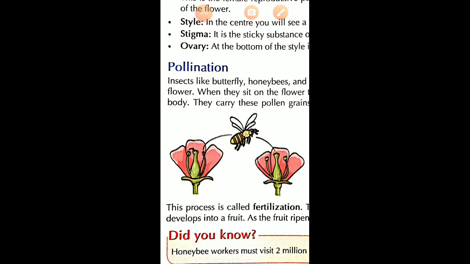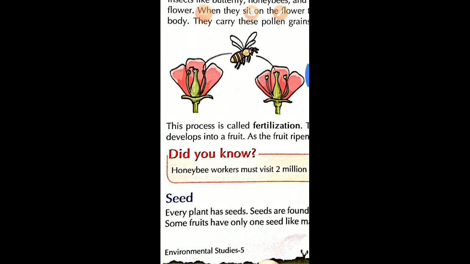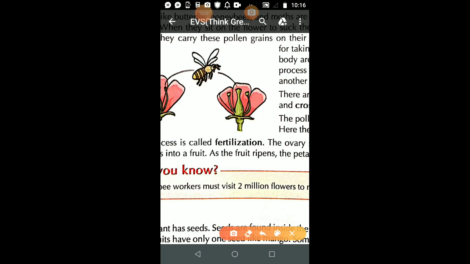Now student, the question arises, here is the word given, fertilization. Now student, let us discuss what is the result of pollination. It means male gametes and female gametes fuse with each other inside the ovary. Now what happens after the pollination? Fertilization occurs after the pollination.